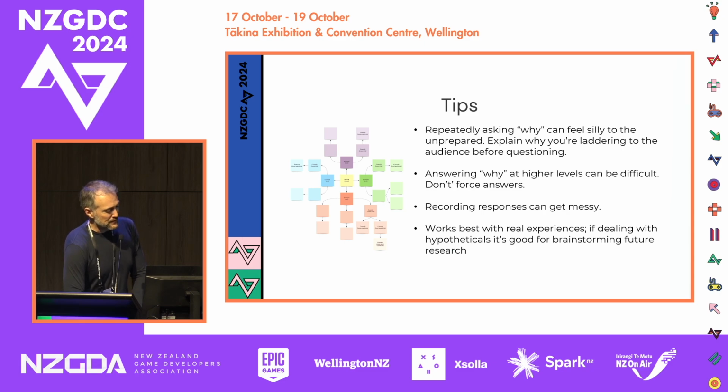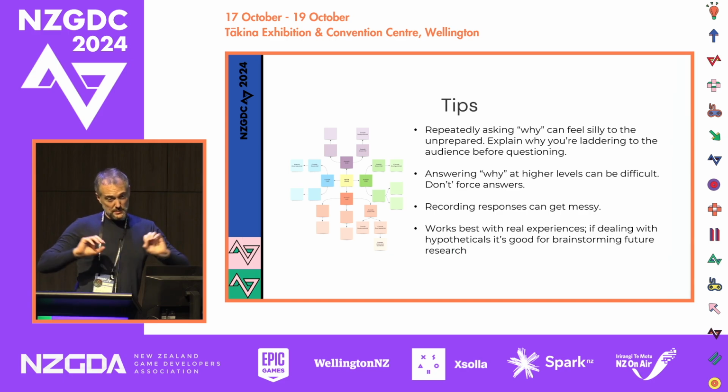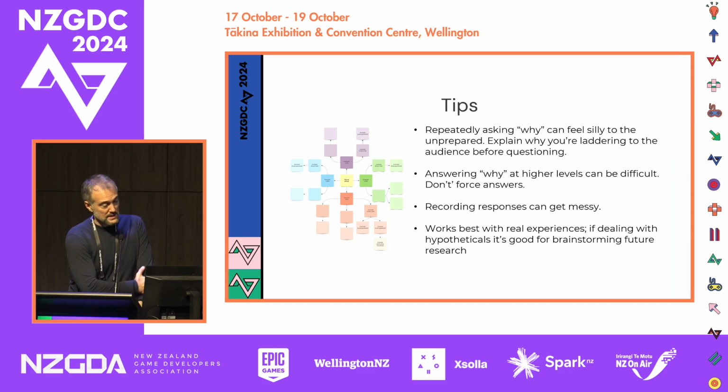It's also sometimes really difficult to answer why, or to get that opposite, as opposed to. You can skip it, right? Don't force those answers. Just go with the flow. Recording it can get really messy. As I said, it's often going to be a web of some kind. So make sure you've got a lot of room on a digital whiteboard or a real whiteboard to do this, and keep things organized as you go or afterwards. It works best also, finally, with real experiences, because you're talking about embodied things and the constructs they have around these experiences that are not just semantic. So it's good for that.